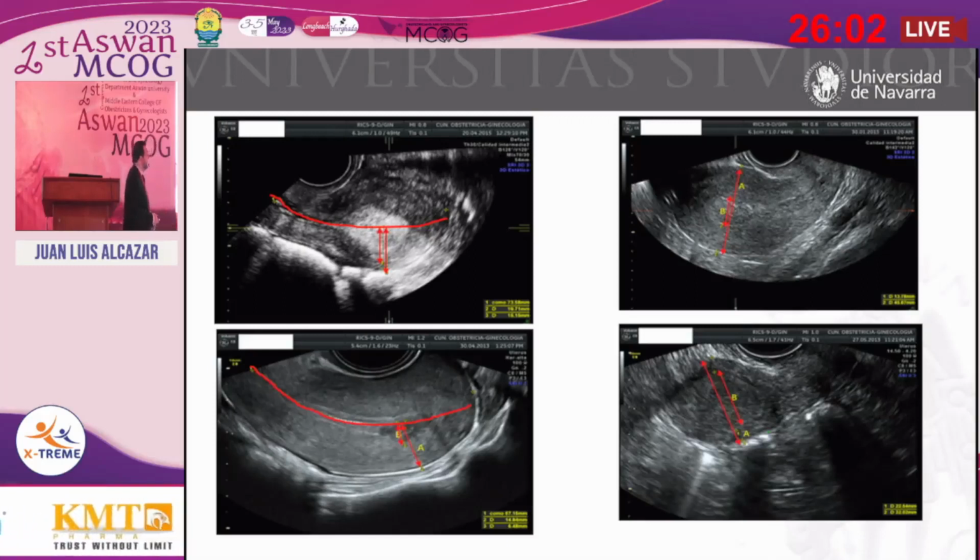of infiltration. The other method is to depict a line in the sagittal plane, dividing the uterus into two parts, and then measuring from this line to the deepest part of the infiltration, and from this line to the serosa of the uterus, and then performing a ratio of these two measurements. In this case, it is above 50, so deep infiltration. In this case, it is below 50, so superficial infiltration. This is the way we can evaluate the infiltration of the tumor.